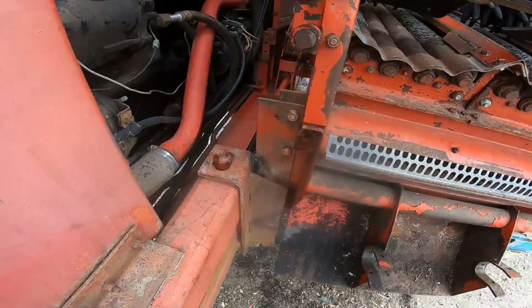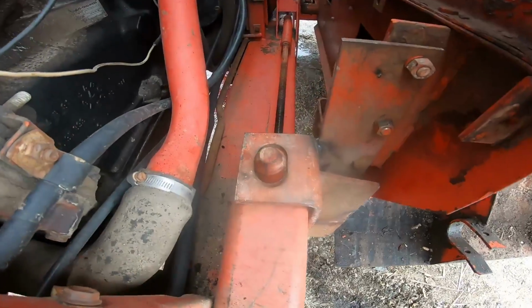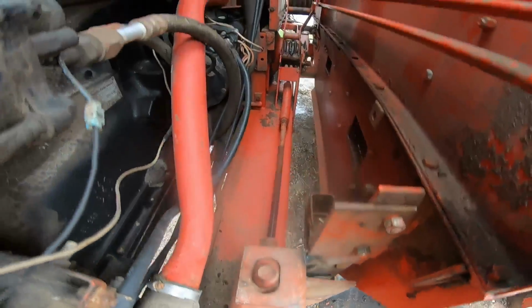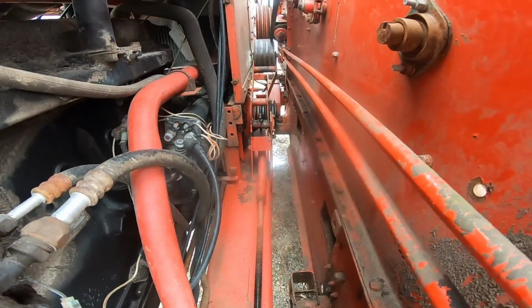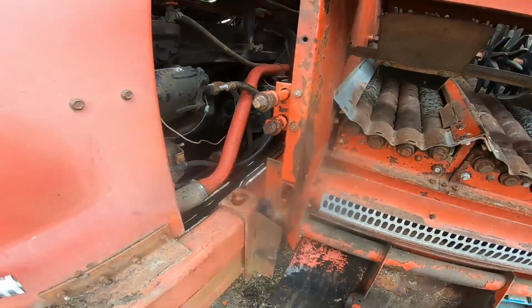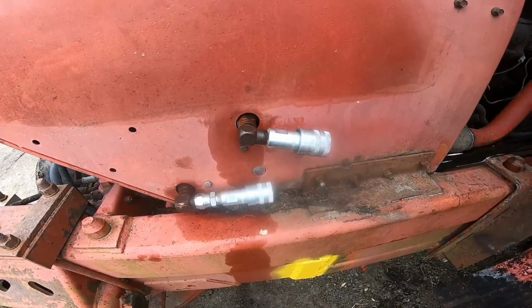And the bracket's now holding the weight. The bolts are in. There we are. I got those grease zerks up there. I should have got those before I put the husking bed here on it, and then spent a lot of money for those. I put high flow, quick connect couplers there to hook up the elevator,